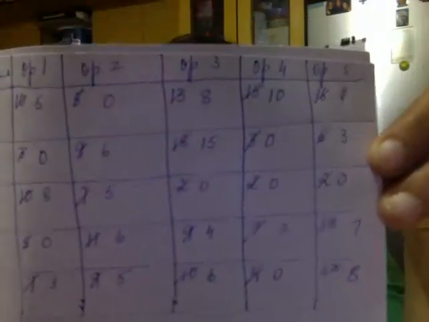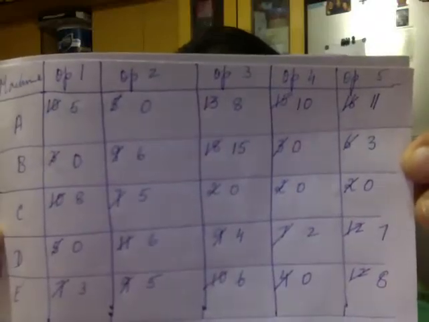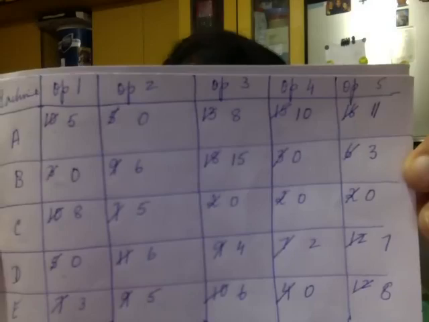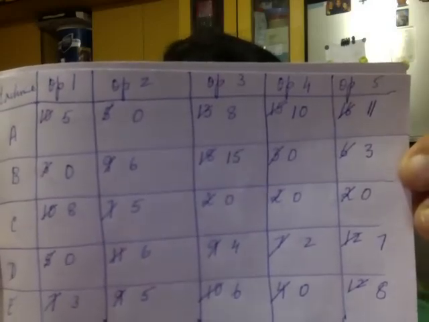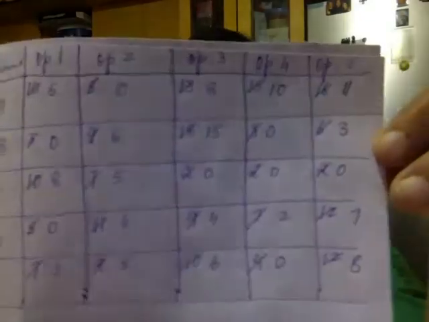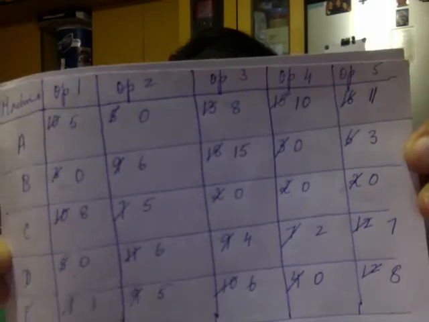Now, in the first column, we have to do two things. First, you have to see whether there's a 0 everywhere. In the first row, is there a 0? Essentially, yes. Second row, yes. Third row, yes. Fourth row, yes. Fifth row, yes. So we have successfully done row reduction. Let us see whether we can do column reduction.